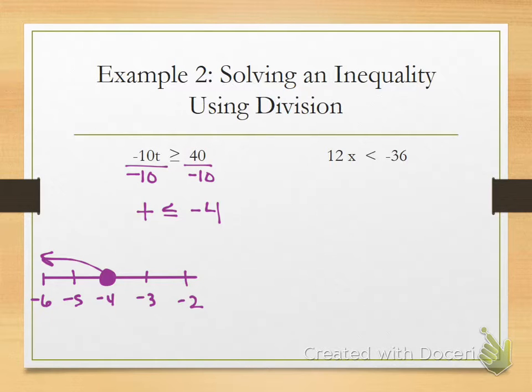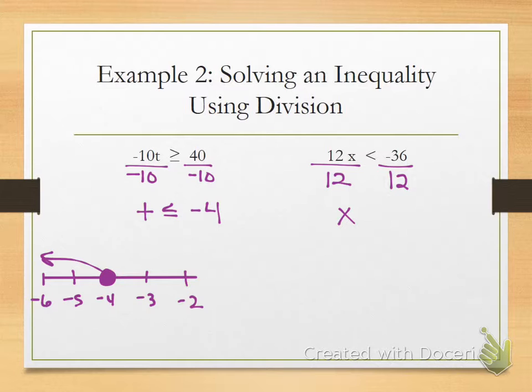12x is less than negative 36. So I'm going to divide both sides by what? 12, both sides. And do I need to reverse my inequality? Did I divide by a negative to solve for the variable? I didn't. So even though there's a negative up here, that does not affect whether or not I need to